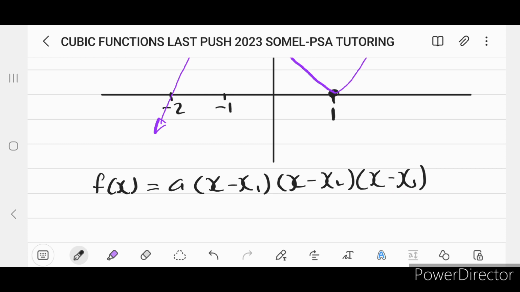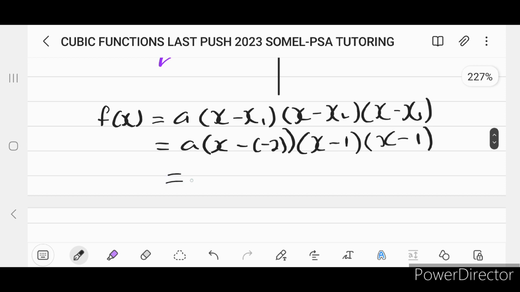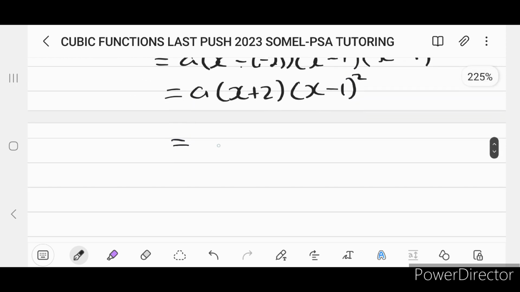So a, my x1 is first -2, so I'll put -2 in bracket, and my other one is 1, but it's repeating because it is also a turning point, so the other one is 1. This is a times (x plus 2), and this is x minus 1, squared. So x minus 1 squared, x plus 2,